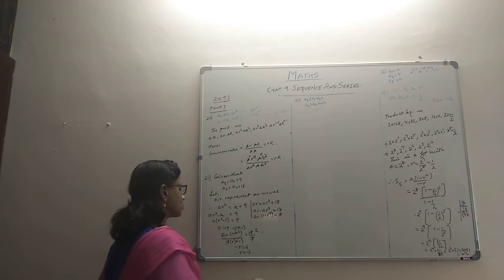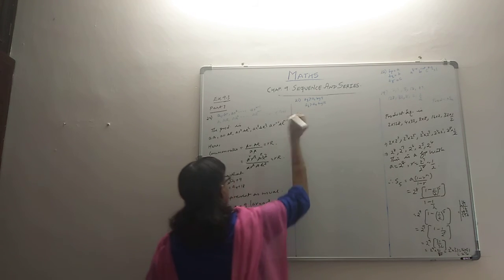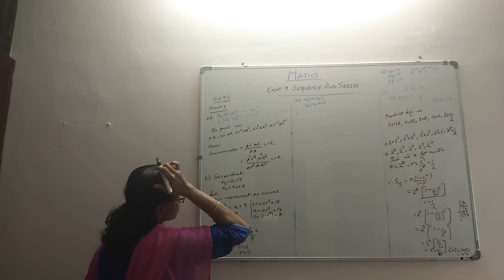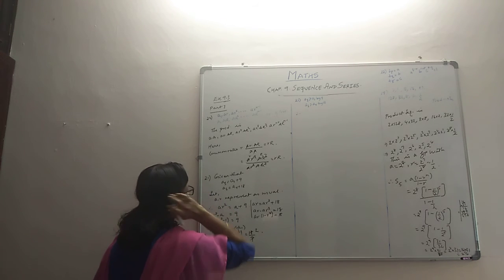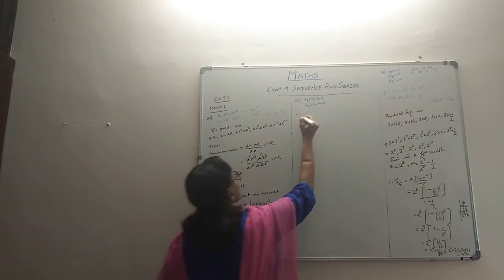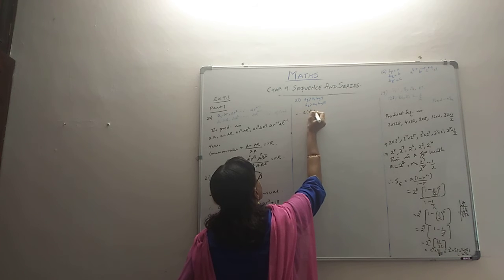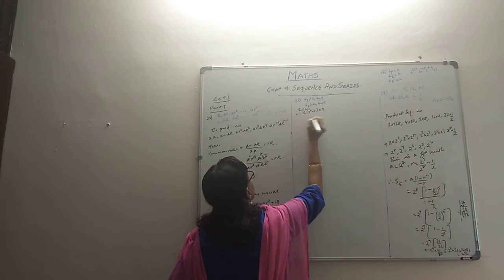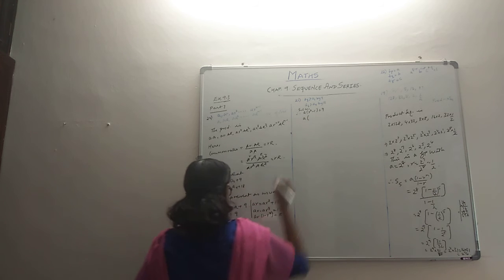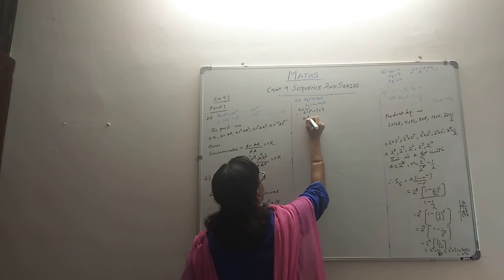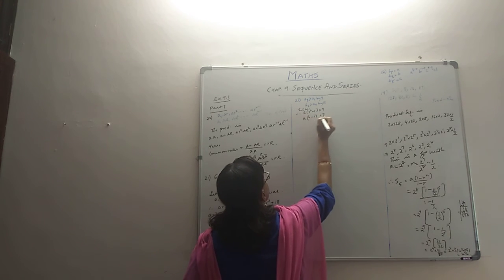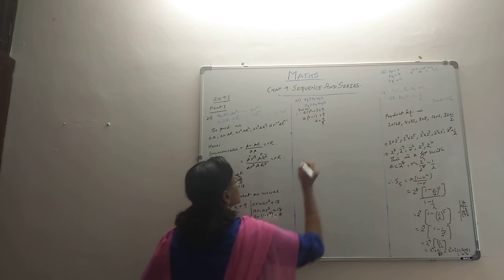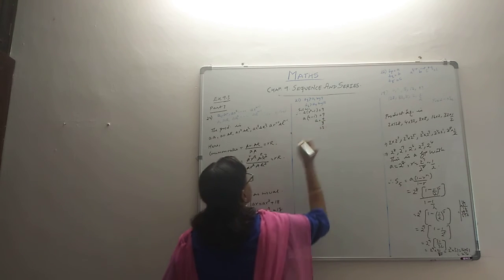But they ask us to find those terms. So where do we see all this? Maybe here. a into r squared minus 1 is 9. So we will have a into r squared. What is r squared for us? 4. 4 minus 1, so that's 3. a is 9 by 3, which is 3. So a we get as 3.